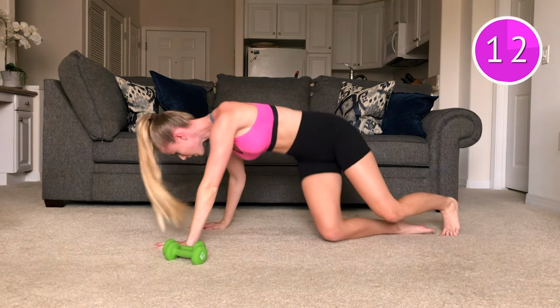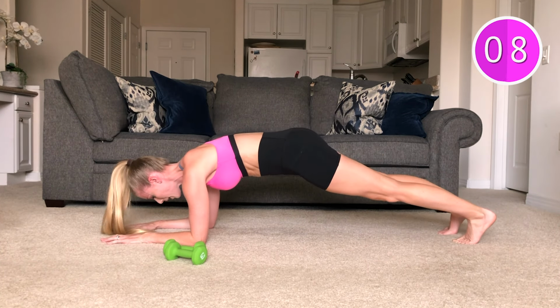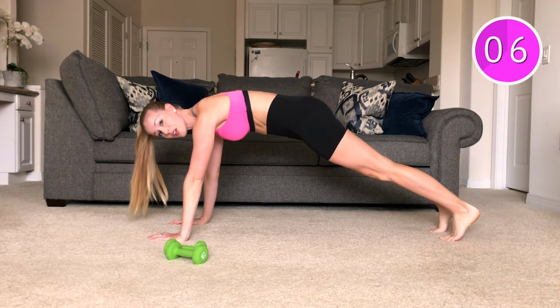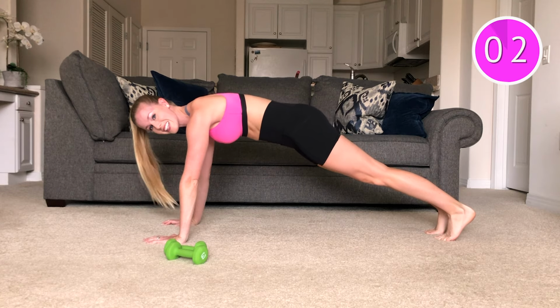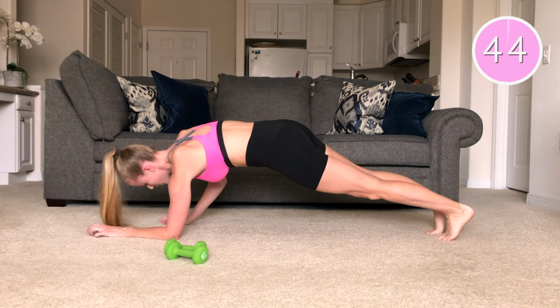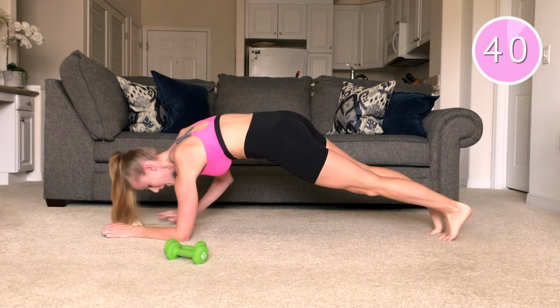We're going to roll over here. Great, commando. So it's a high plank, down to a low plank, back to the high, and then repeat. So it's down, down, up. Up, switching that leading arm. We got it. So down, down, up, up, and then back down to that low plank, back to the high